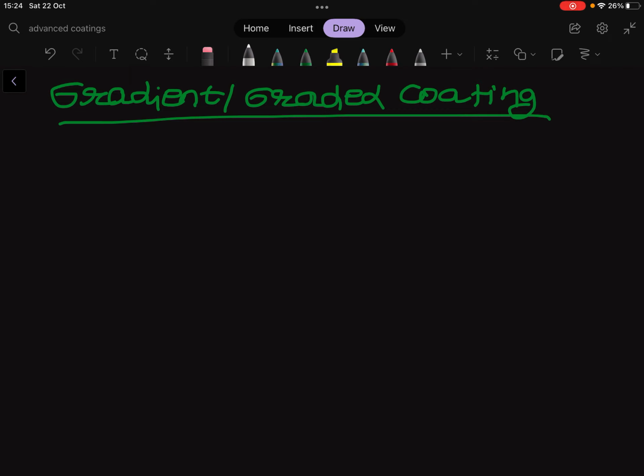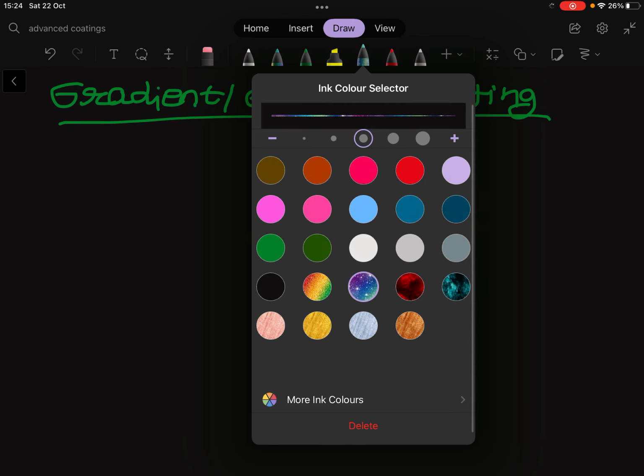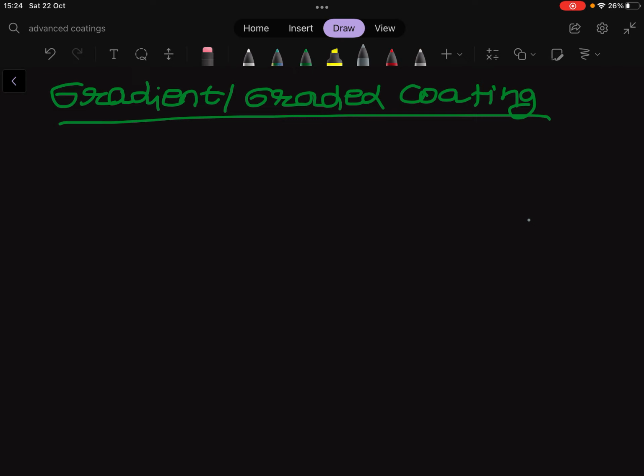So the arrangement looks something like this. This is our substrate material, and